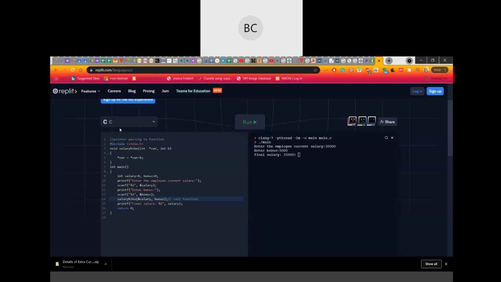Then after calling, it will give you the addition, and the final salary will be printed here. This one you can say is passing pointer into a function, called by reference. It's an example of both actually. One is just the normal variable. If you take this one as a pointer too, then you can access both as pointers.